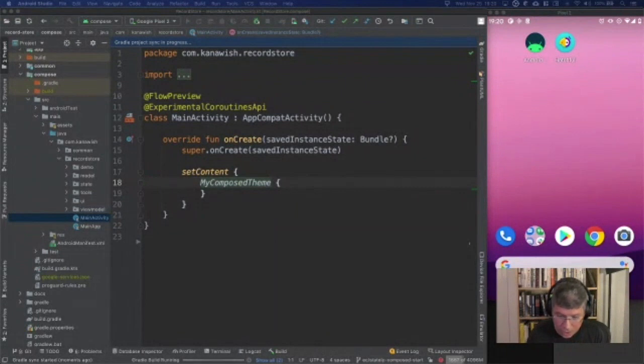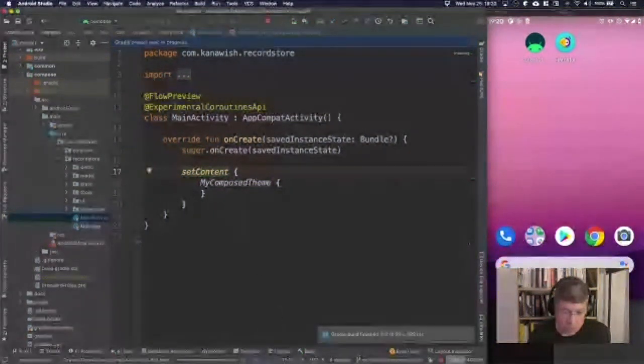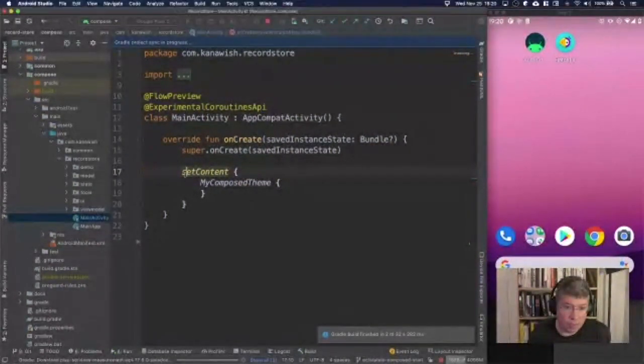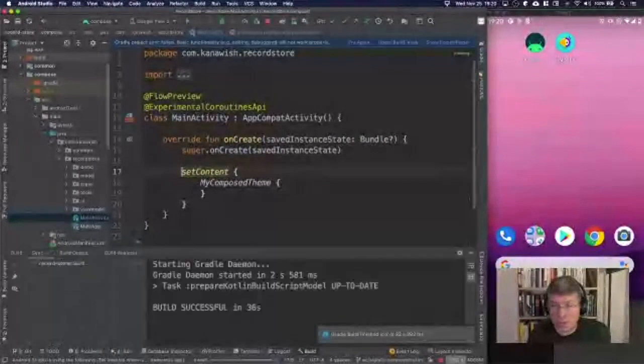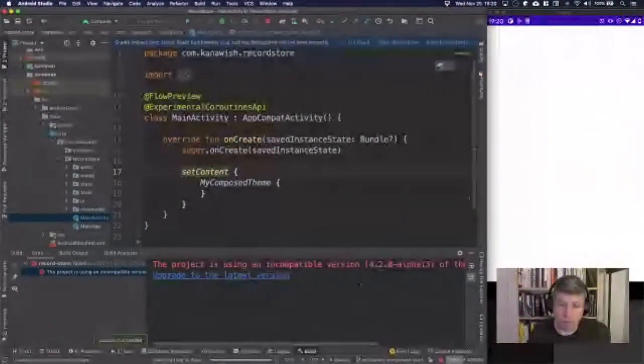All right, where was I? Cool. So, right, a few notes. What if you haven't done any Compose programs in the past? So the way this works is that we call set content, very much like we used to with the old XML stuff. And